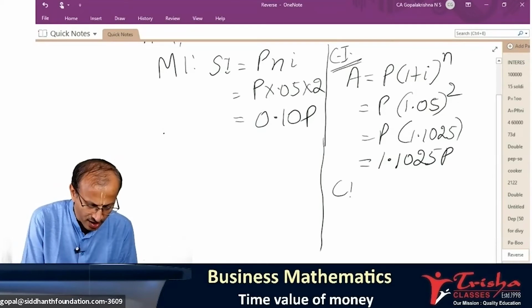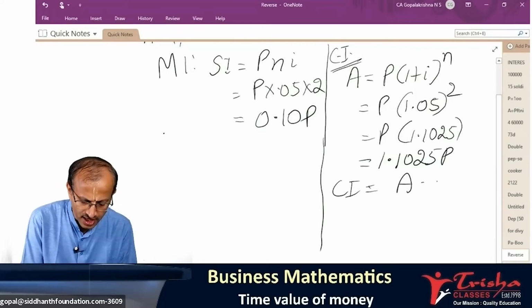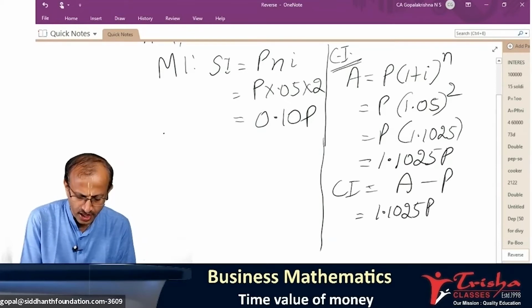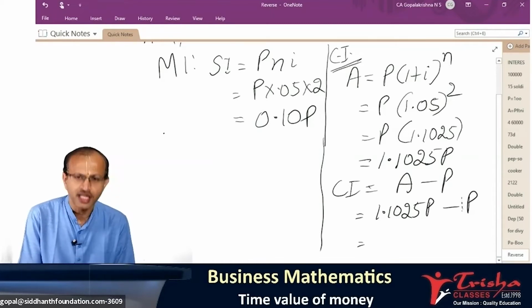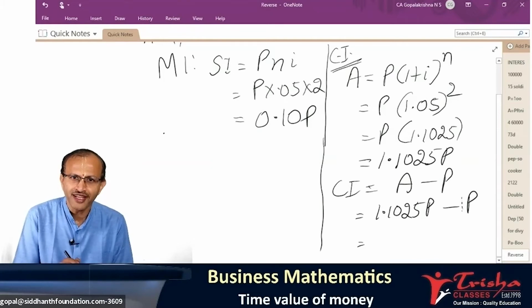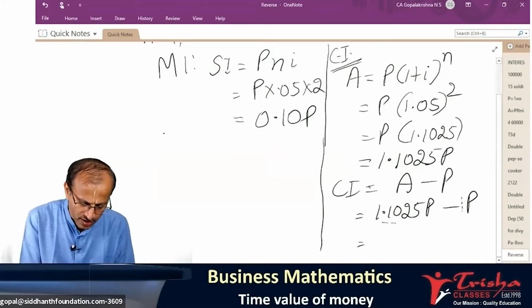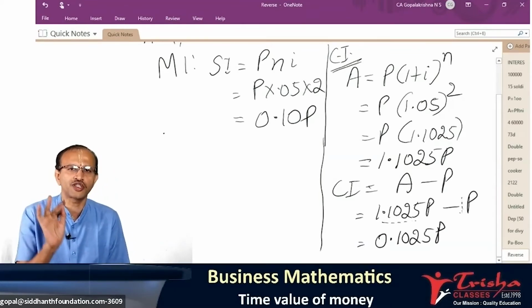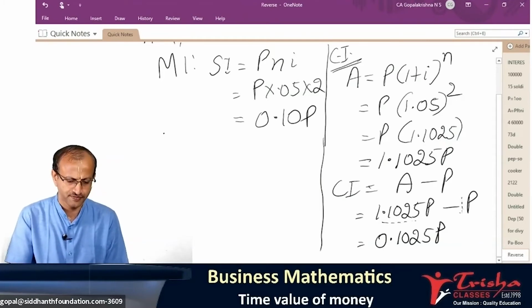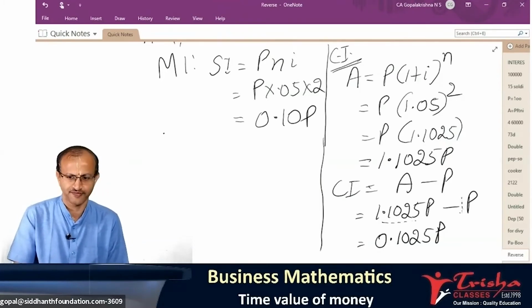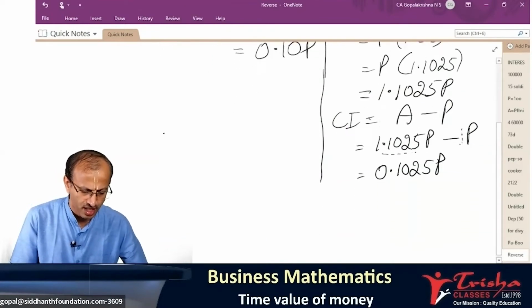But this is about A. I want Ci. How do you do Ci? A minus P: 1.1025 P minus P. You know this number is 1, no? 1.1025 minus 1 is 0.1025 P. Please let me know whether you understood all the workings so far. We have Si, we have Ci. Okay. Now our working is,